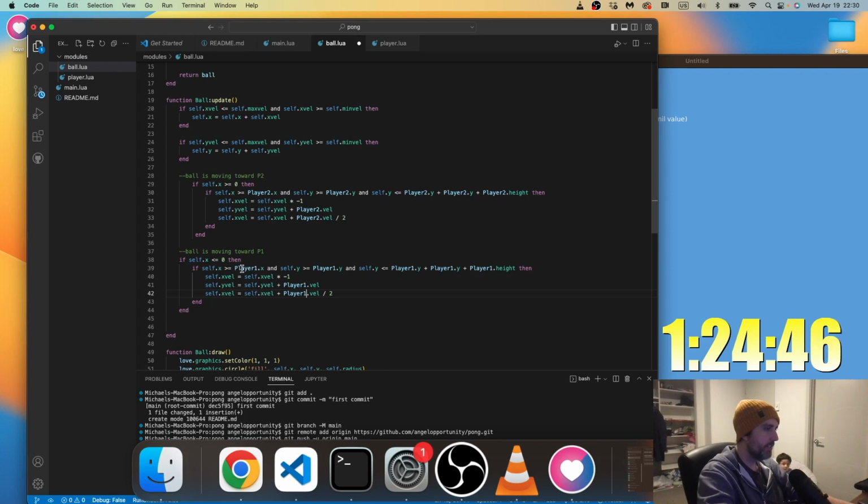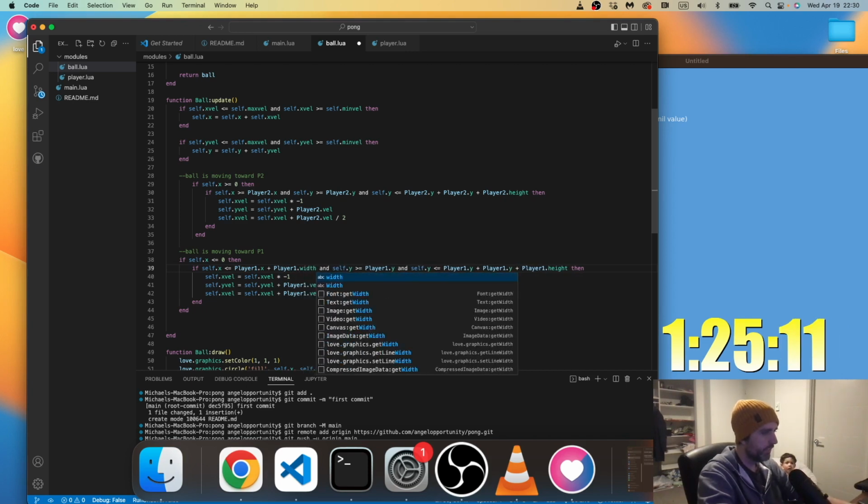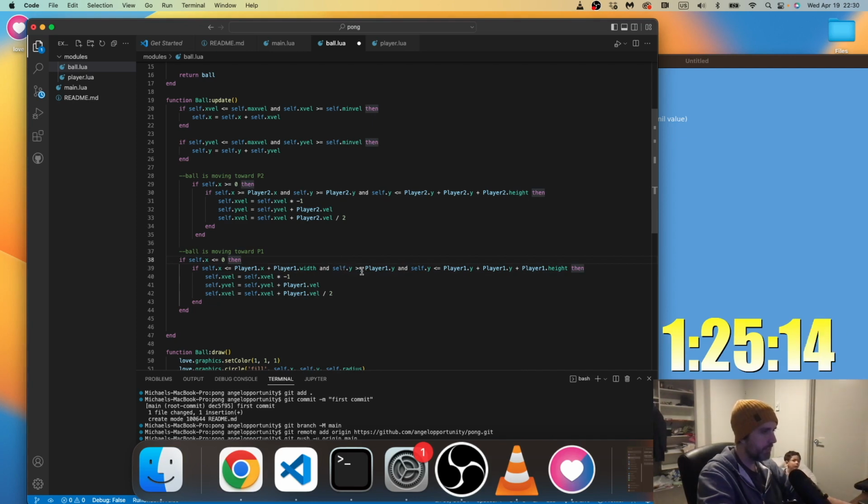This is going to be a little confusing because of the top left thing, but if self.x is less than or equal to player 1.x plus player 1.width, and self.y is greater than or equal to player 1.y, and self.y is less than or equal to player 1.y plus height. That should be right. Yeah, that should all be the same.